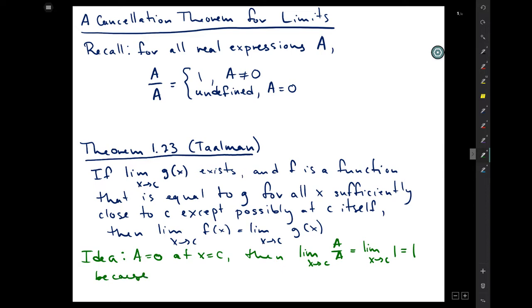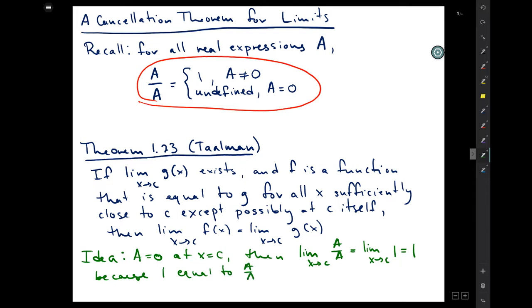because, if we look at this expression up at the top here, 1 is equal to a over a for x sufficiently close to x equals c. It's not equal at x equals c because a over a is undefined there, but it's equal to a over a for all x, I'll put this in quotes, sufficiently close